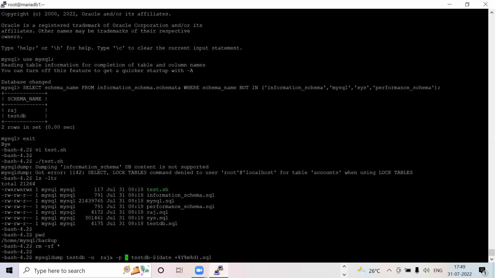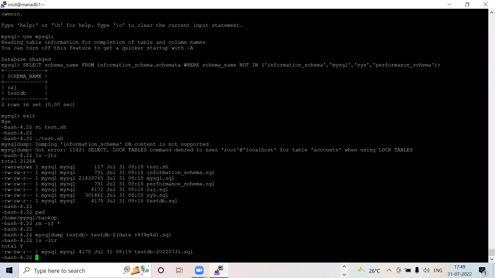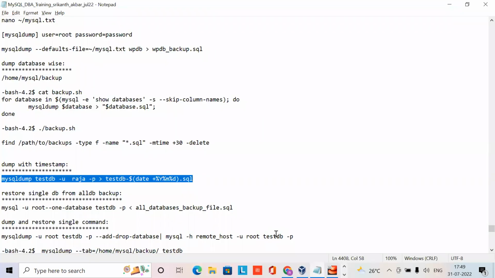Actually, when you have triggered backup, you should be aware. For that, I will make it like this: my dump file will contain a timestamp. See, testdb 2022 July 31st. This is also one best option actually. And one more thing for your information, if you want to restore a single one, this is actually maybe